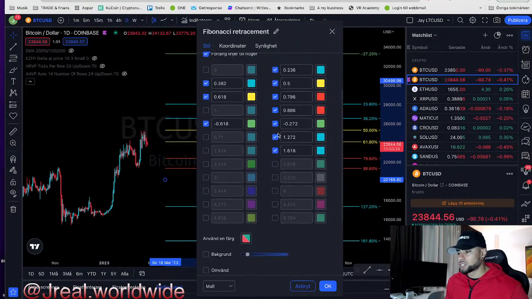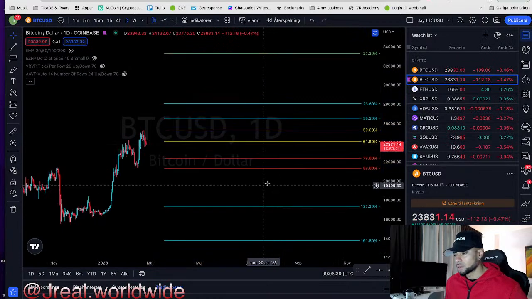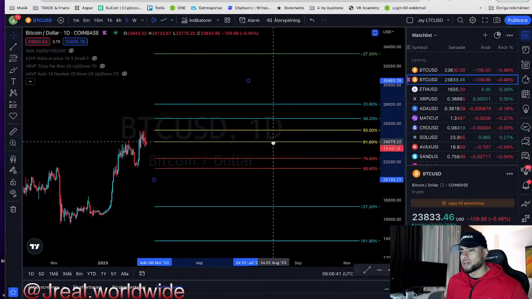Then we have extensions as well, extension levels, but we're going to jump into them later on. First, we start with the basics. So these are the levels that you saw in my settings. All right,